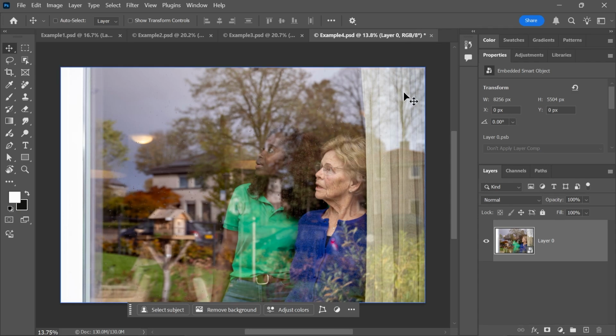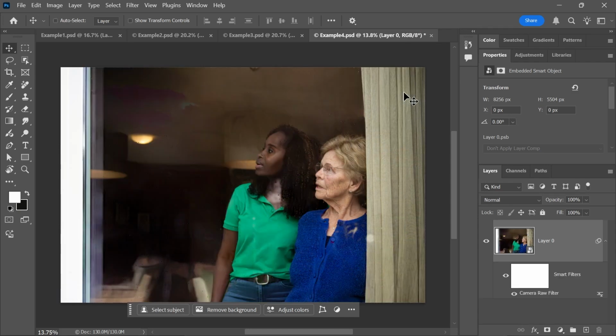Last example, lots of reflections covering the subjects. Will it be able to remove all of them? Yes, it did. Of course, some further retouching and color correction might be needed, but this is really impressive, really helpful. With just a few steps, we have successfully